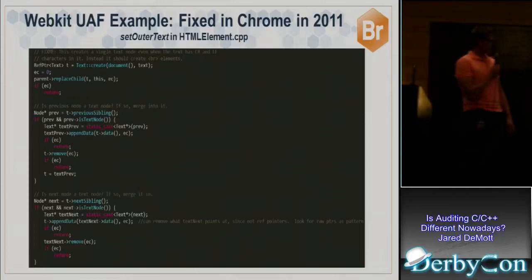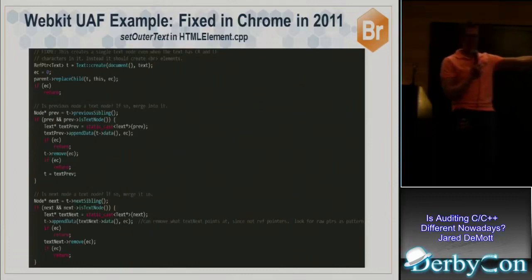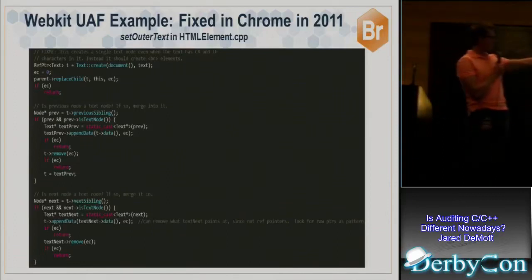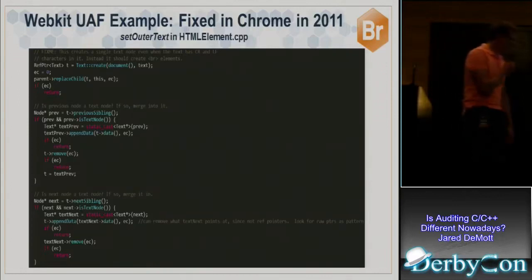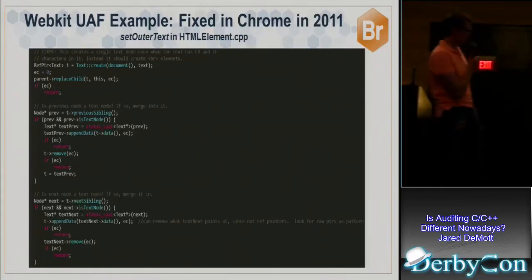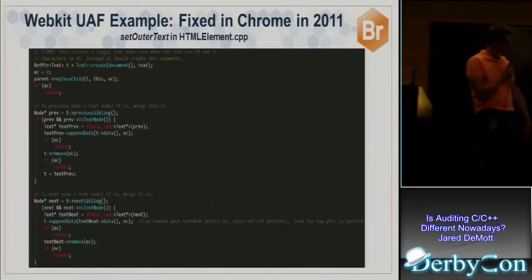What happens is, I don't know if you can see that very well or not. It looks fuzzy to me up here, which means it probably looks fuzzy back there. But you have some reference pointer at the top, T, which is generally good. We generally want to use smart pointers if we can, as opposed to native pointers, if you've got the right policies in place for your code base. And there's some stuff done in this function called setOuterText from html_element.cpp. But then down here is where the problem lies. We allocate this new object called textNext equals static cast Text star next. And that is a native pointer. There's no reference pointer being done on that. And then this function T, appendData textNext, is called.